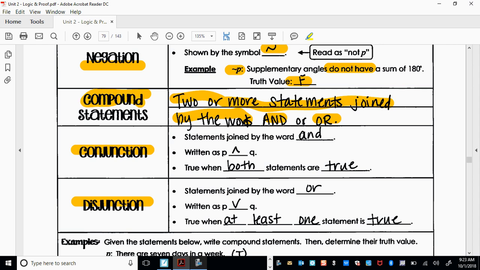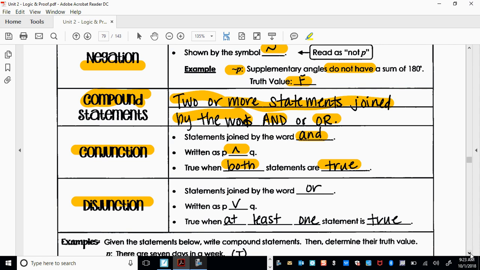For a statement joined by and, the symbolic notation is this, and for the true value, both have to be true statements. This is usually like if your parents say you have to clean up your room and wash the dishes, they expect you to get both of them done, right? So for them to be happy, especially if they say, if you want to go outside, make sure you clean your room and wash the dishes, they expect you to get both done